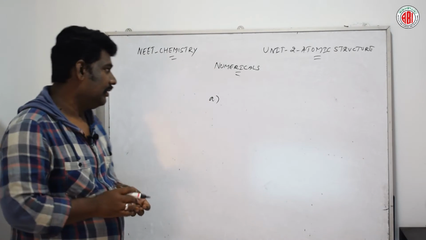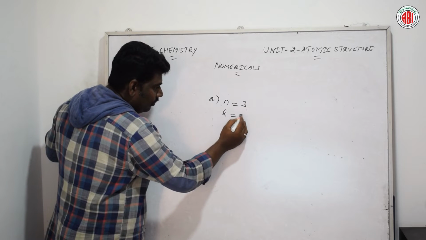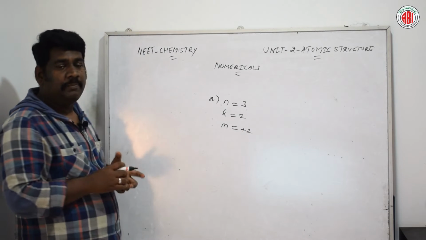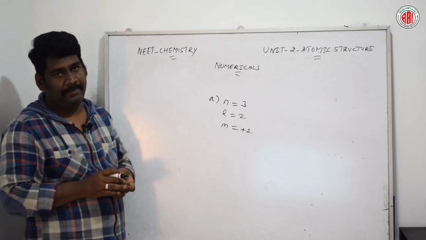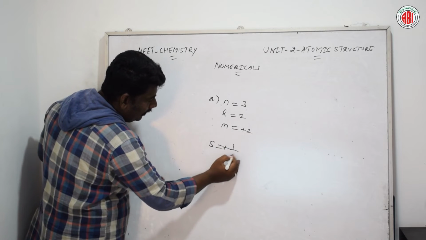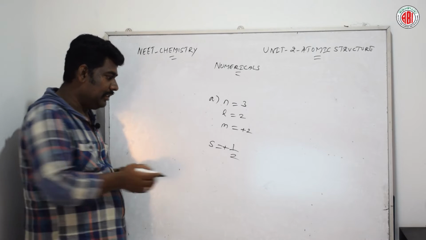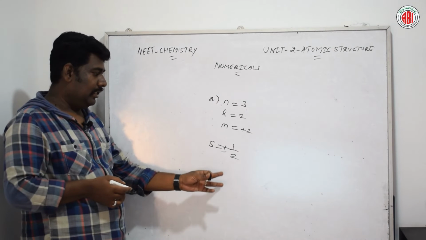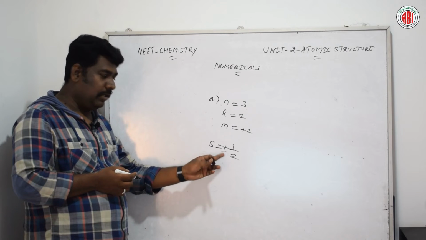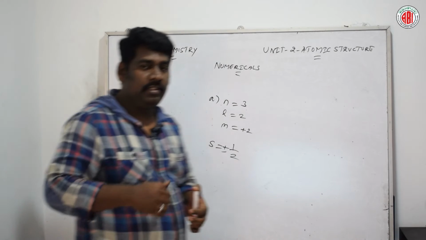the quantum numbers n equal to 3, l equal to 2 and m equal to +2 represent one of the 3d orbitals, with s equal to +1/2. According to the spin quantum number, it could be plus or minus 1/2. Either of two different spins of the electron could be mentioned, so +1/2 or -1/2. According to this particular question, option A is the right answer. Now let us go for the next question.